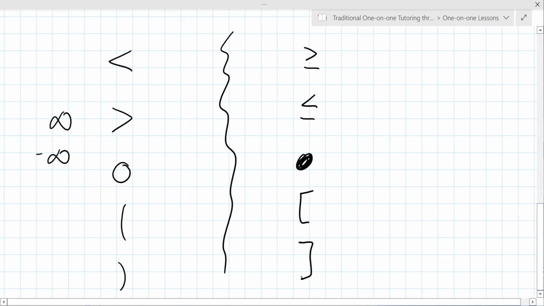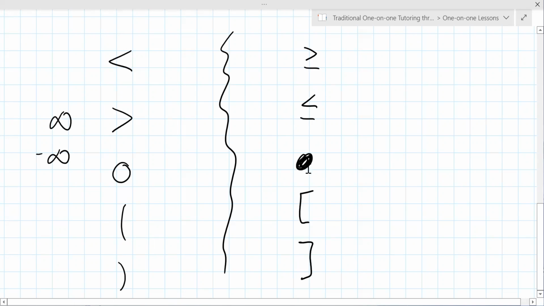You said soft bracket, hard bracket. I like that because these are sort of acute, rigid, and these are not. These are more like a straw or something. So the idea with what I've shown over here is that if you get a greater than or equal